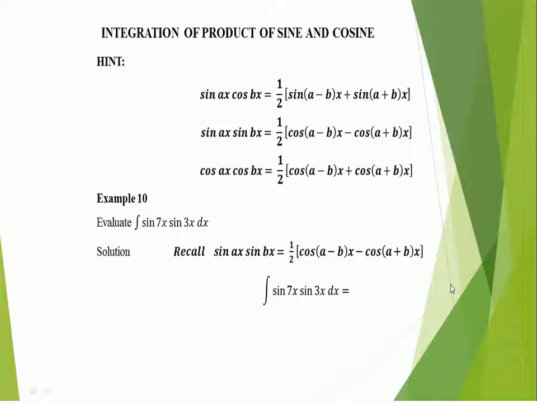Then when we have cosine and cosine, two cosines multiplying each other, this is what you apply. So you have to take note of this hint. This is what we are going to make use of when we are dealing with the product of sine and cosine. Like this example we have on the board, the question says evaluate